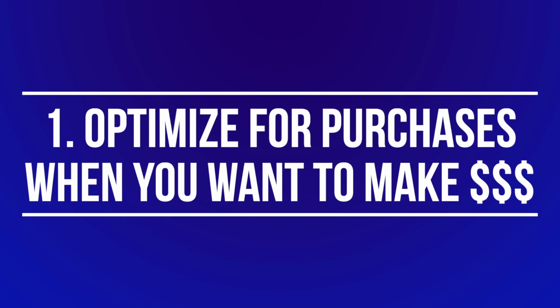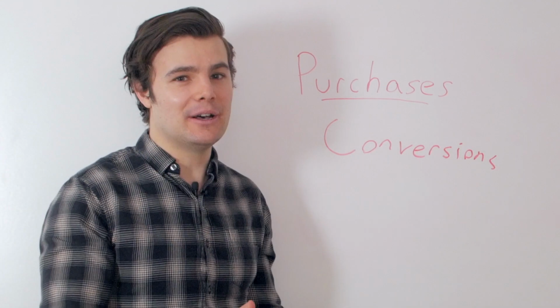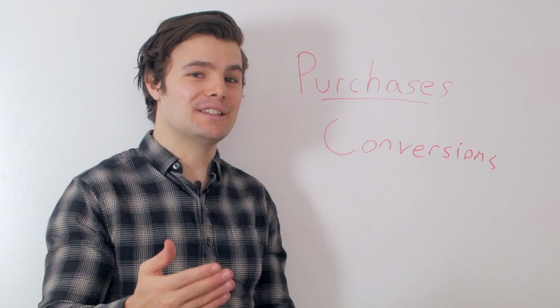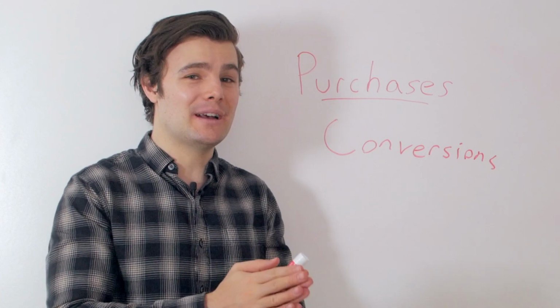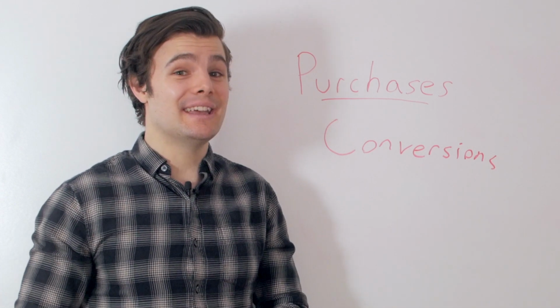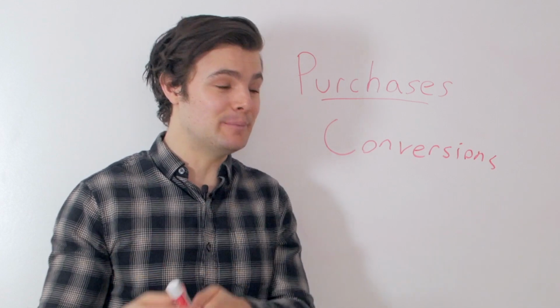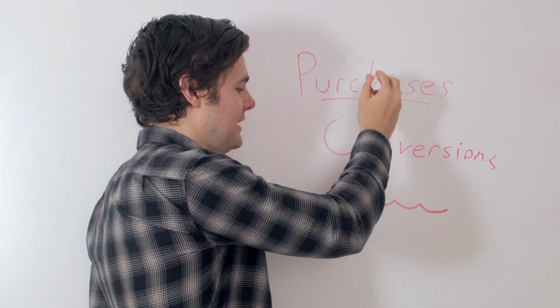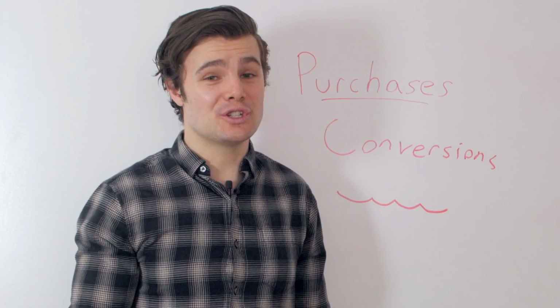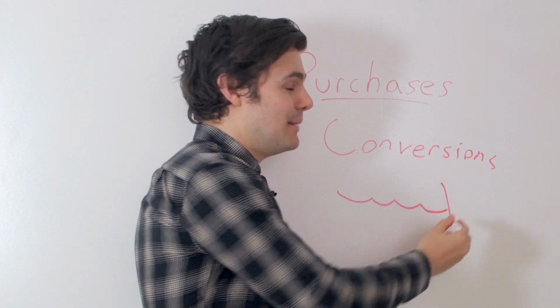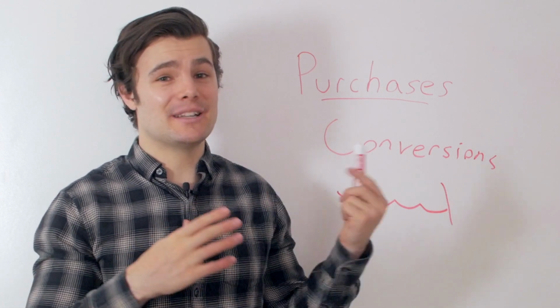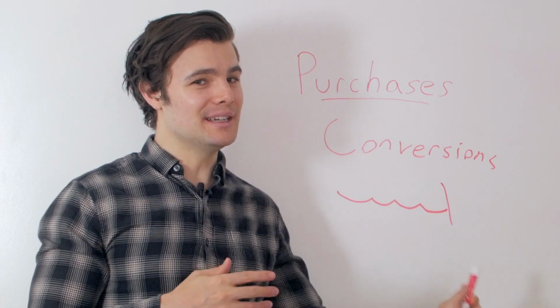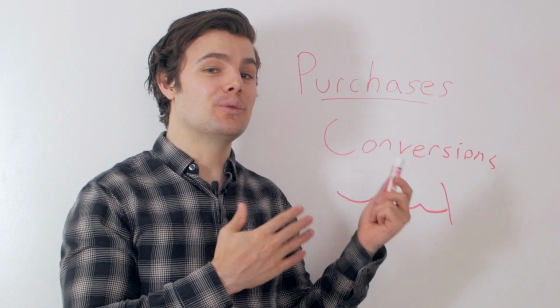This one, optimizing for purchases almost all the time, is what's working best right now. Even if you're adding someone to an email list, it's actually more expensive to get them on that email list if you're optimizing for purchases. But they have been, from my experience, a lot more likely to buy because they get a number of emails, so they don't purchase right here. But on email 4, you ask them for the purchase, and they're a lot more qualified and a lot more willing to buy. So I'm seeing optimizing for purchases, even to get people on a list, actually leading to more